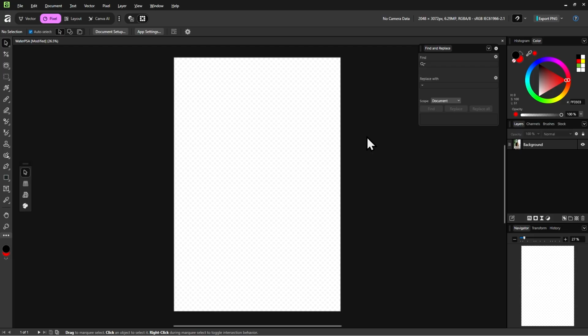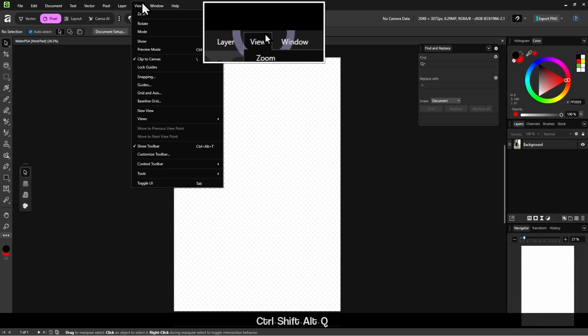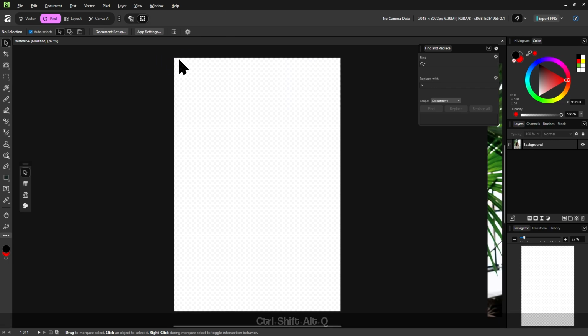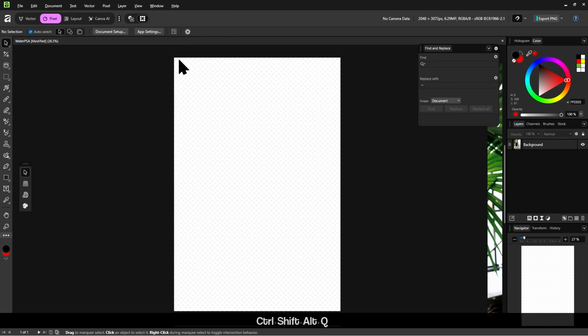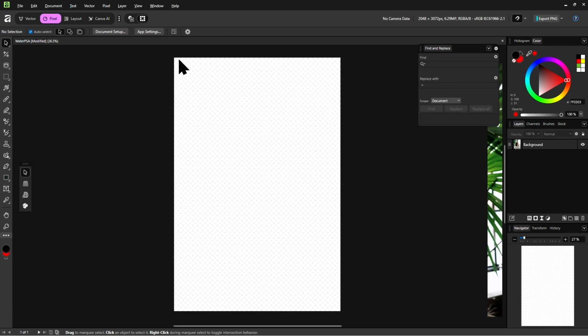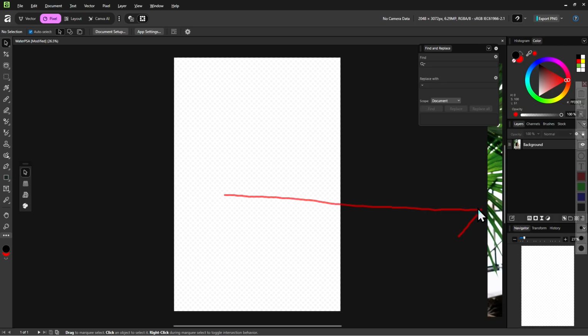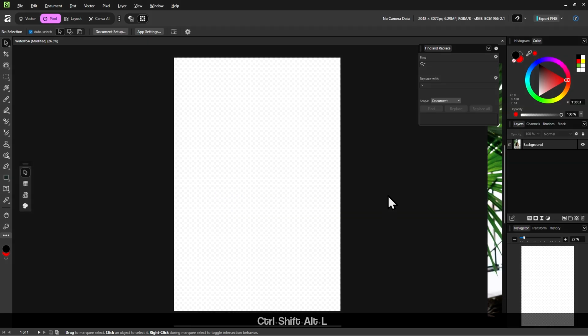Well, now we can't even see the image, so how do we find it? We can go into the view menu, and then click on clip to canvas. Now any objects that are outside the canvas will no longer be invisible. But our image is all the way there. How do we even move there?